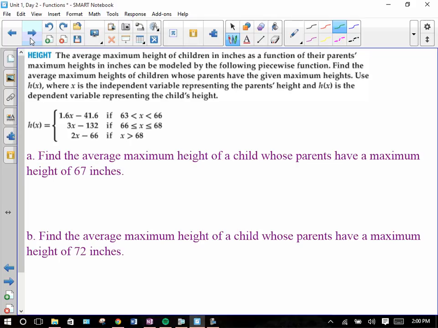This function gives the average maximum height of children based on their parents' height. It says find the average maximum height of children whose parents have the given maximum heights. Use h of x, where x is the independent variable